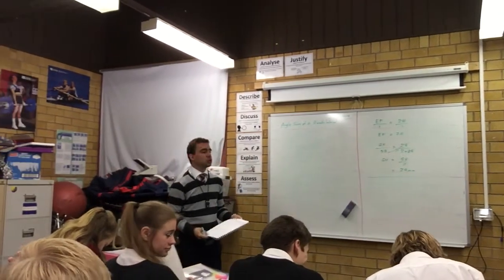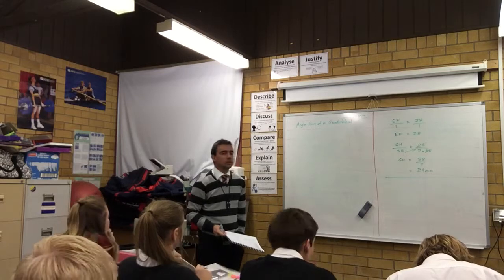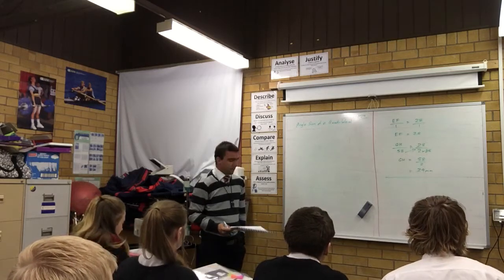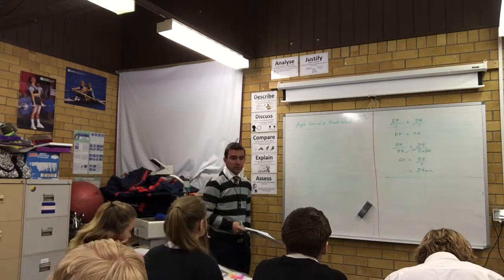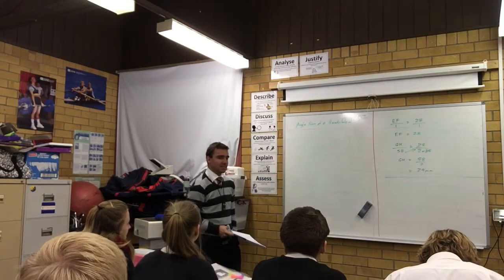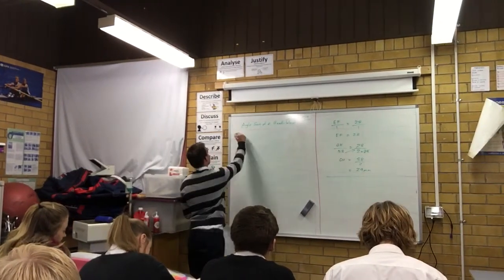Right. Thank you. Remember, we have a video recording. Thank you. So, did anyone know the angle sum of any quadrilateral? 360. Every single quadrilateral is 360. Alright, so we've got proof